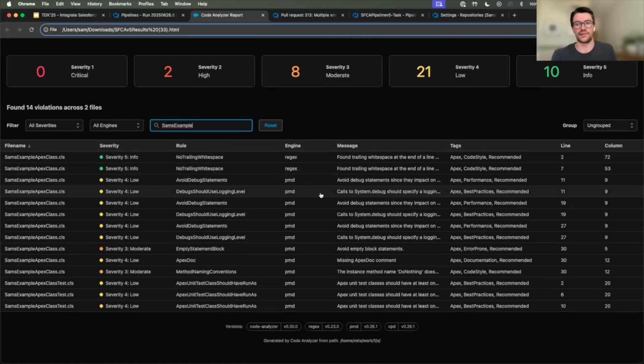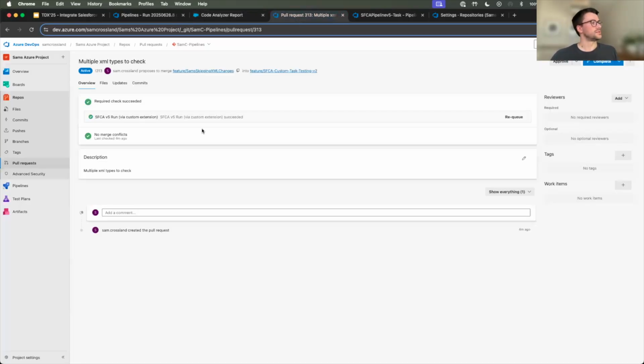So it's much nicer than the very static report you got in version 4. And obviously then you can keep this as an artifact to work out trends and do things over time. So if I just shoot back quickly to my second pull request I raised, which was the XML portion,